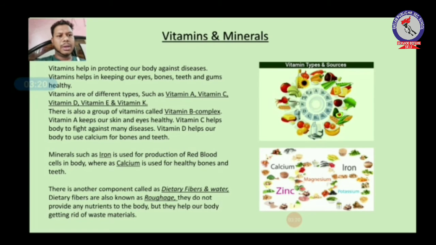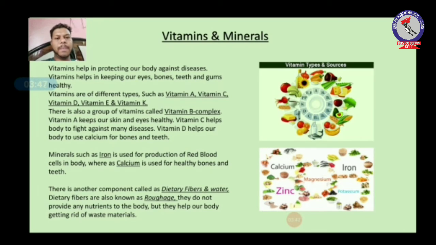As you can see, there is a chart given. There are many kinds of vitamins, that is vitamin A, B, C, and also known as vitamin B complex. Vitamins such as vitamin A, C, D, E, and K. There is also a group of vitamins called vitamin B complex. Vitamin A, the function of vitamin A is to keep our skin and eyes healthy. Vitamin C helps the body to fight against many diseases, and vitamin D helps our body to use calcium for bones